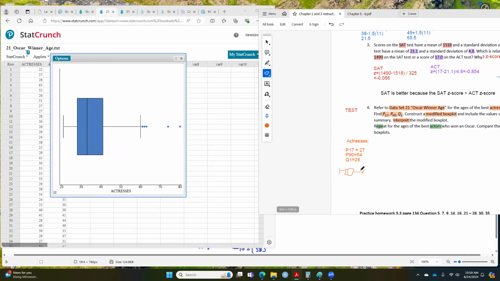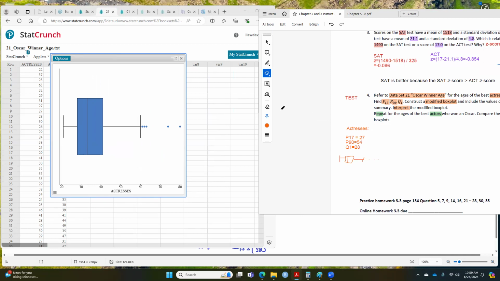And have 5 dots at the end. 1, 2, 3, 4, 5. That's it. This is what I will ask you to do in the test. So you do not need to draw it out exactly the same, trace it the same thing. And now, once you finish it, you have to give me the five